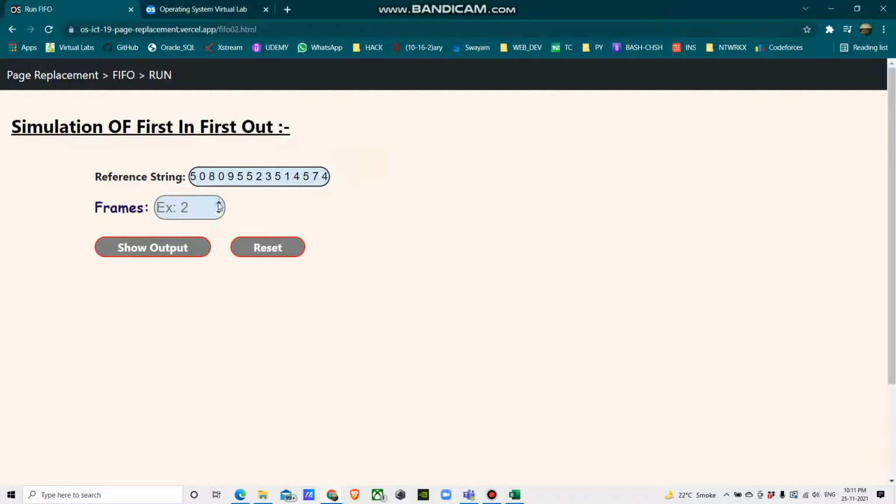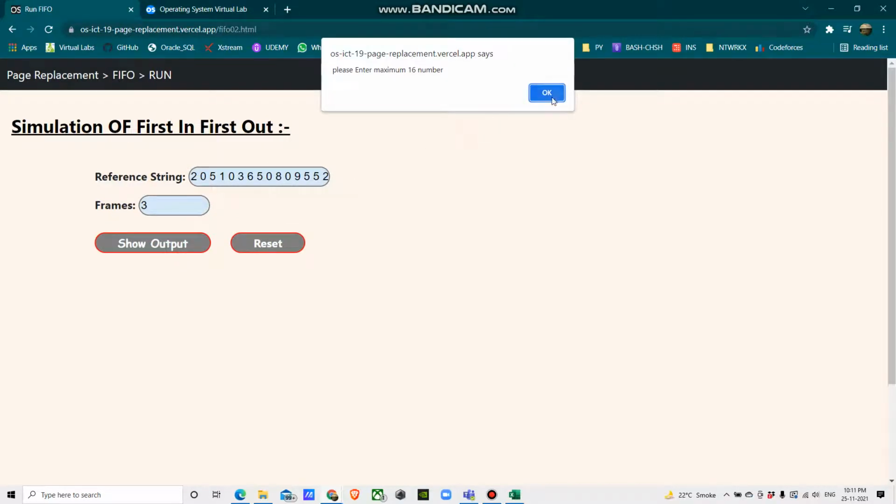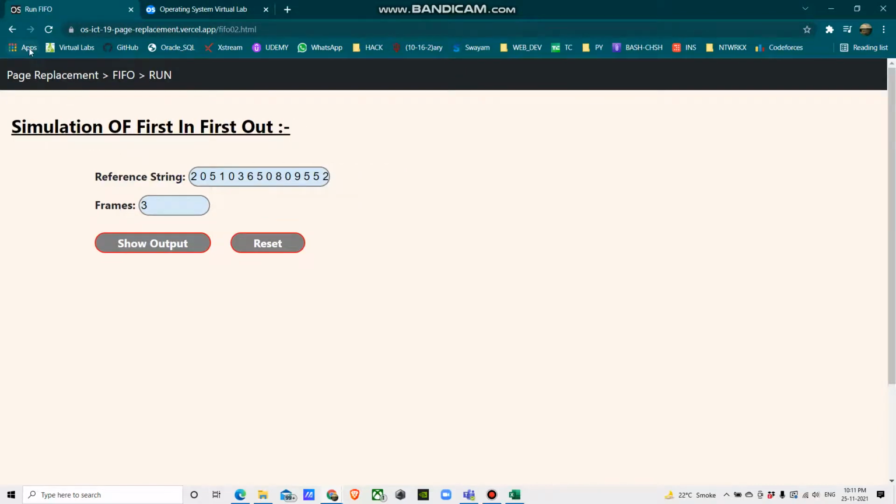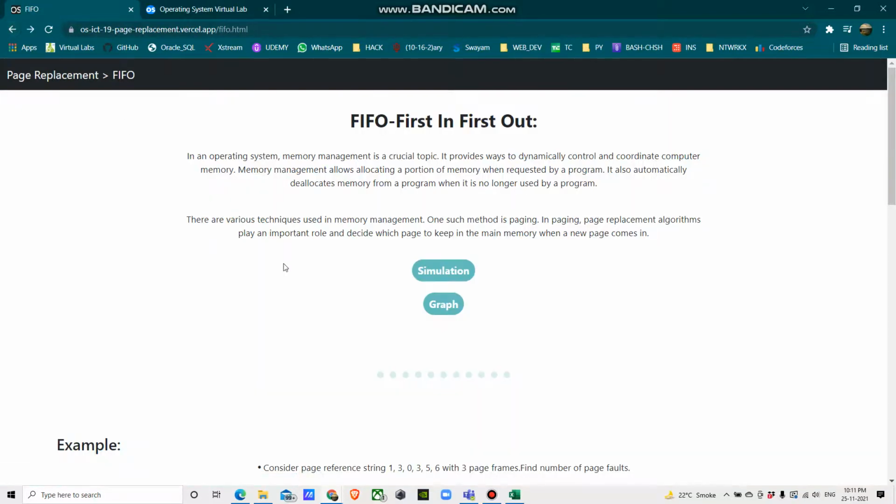So now selecting the frames, 3 frames. Here the output, means a pop-up, will come that please enter maximum number is 16, so please enter below that. So yes, that's the first in first out simulation.